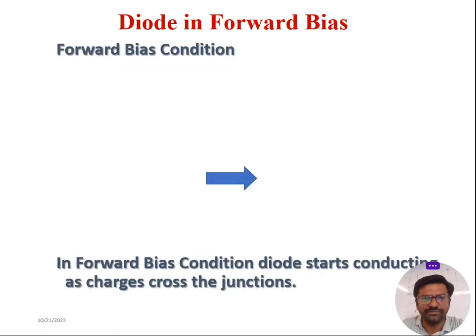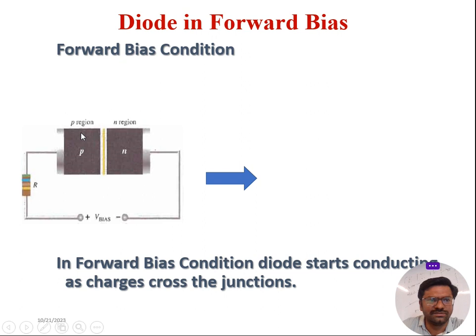Now we will see what happens to a diode in forward bias. So what is forward bias? If we connect the P type of the diode to the P terminal of the battery and the N type of the diode to the N terminal of the battery, then the diode goes to forward bias. But this is simply a conventional diagram. Usually, if the potential of the P type material is high compared to the potential of the N type material, then the diode goes to forward bias, and this difference between the P type and N type potentials should be more than the depletion layer potential.